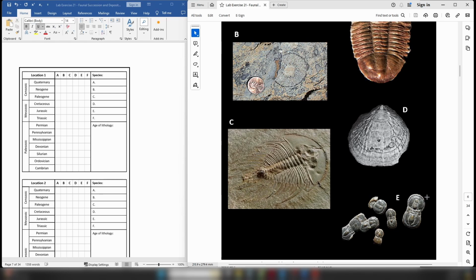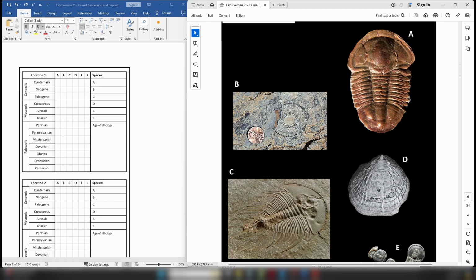Now, in the case of E, once again, we have another pill bug-like fossil. You can see that it has this smooth, almost circular head region. Then you have a middle portion that consists of just two obvious segments, and then you have a rear portion that actually looks surprisingly like the head portion. So the head and the rear are approximately the same size, and they're separated by this middle region that just consists of two segments. Notice how that's different from A and C, where the head region is clearly noticeably larger